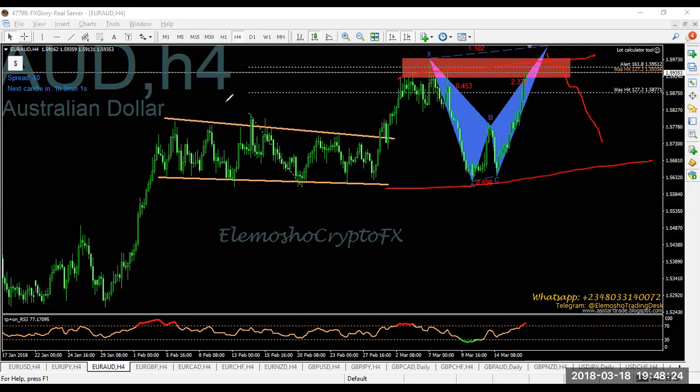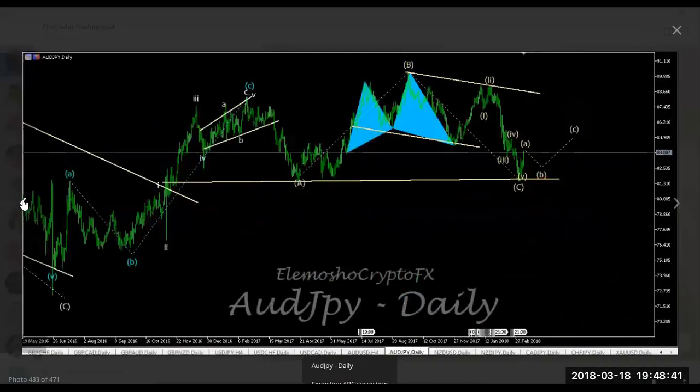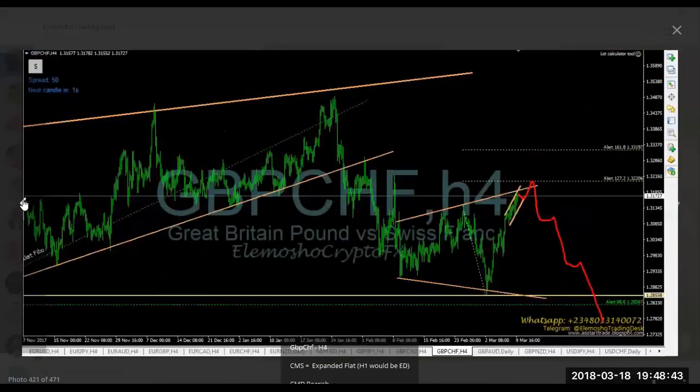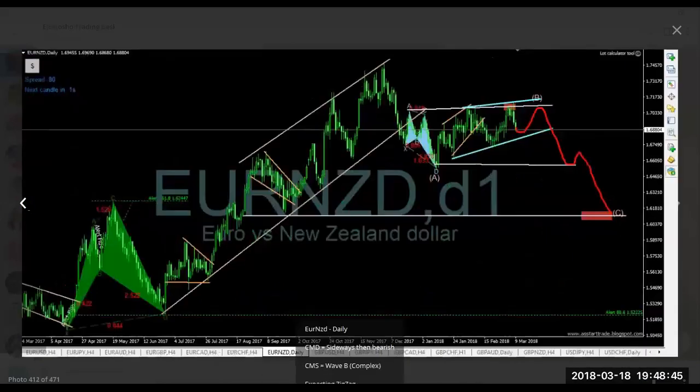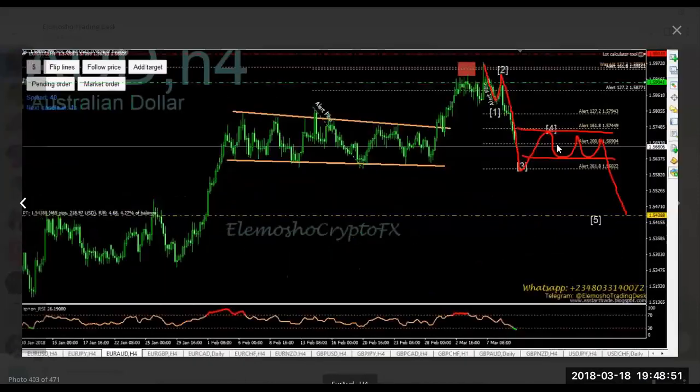Now that gives us our expectation for the Euro USD. Next, the Euro Pound. Let me go back to the setup on the Telegram channel, where I gave you the expectation of what to expect. For the Euro Pound, what we have been looking at is a bearish signal. Euro GBP, yes. So for the Euro GBP